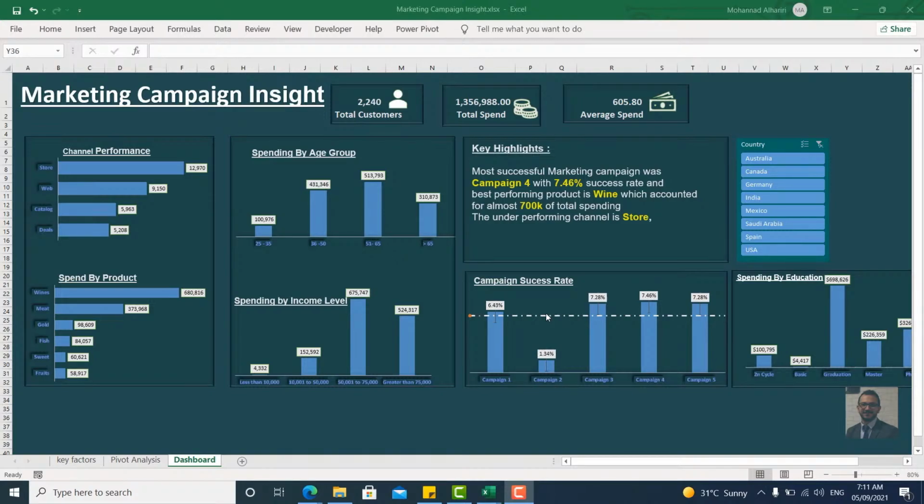We also broke down the spending by education, the graduation, master, or PhD,